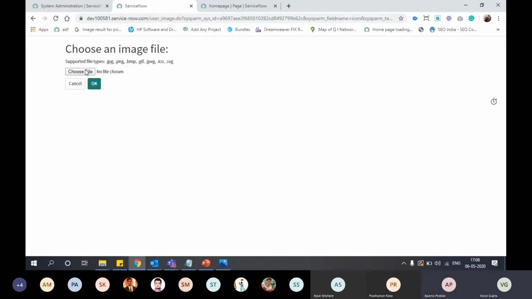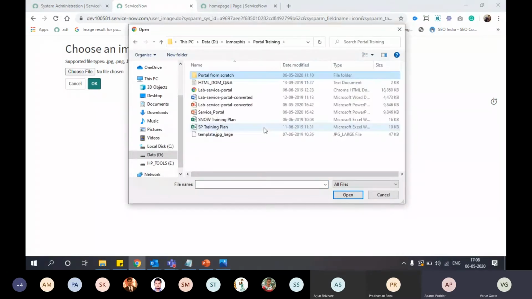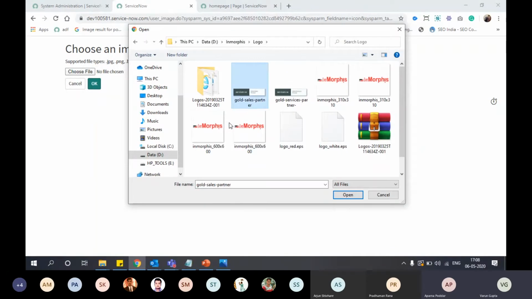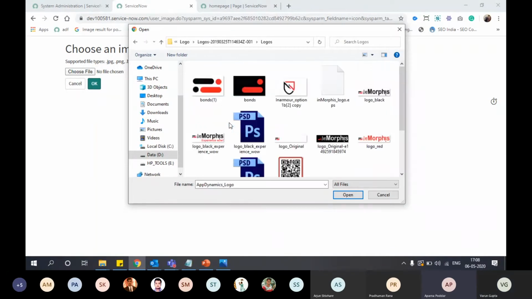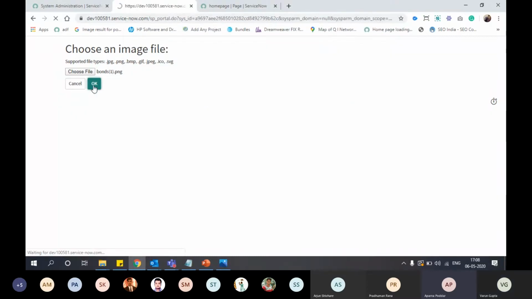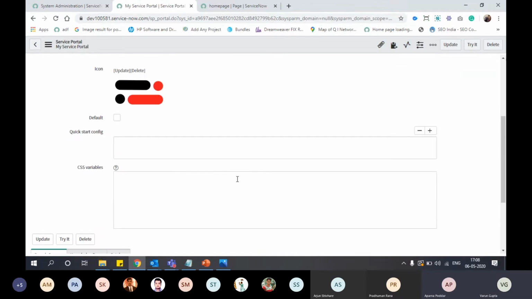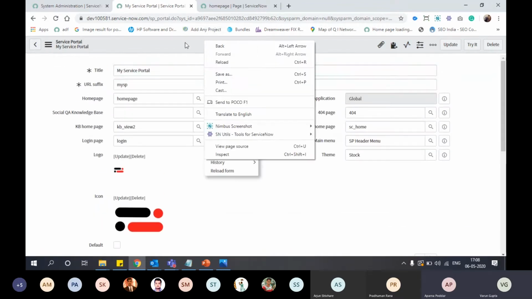This icon is called fav icon, which comes at the top of the browser tab. So for this we will use this only. So just click on save.